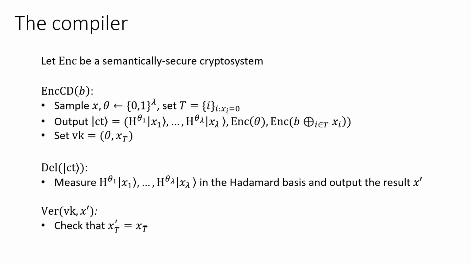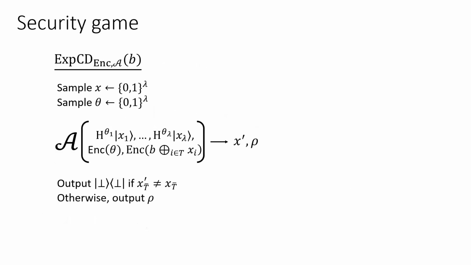So this is the compiler. Now, let me describe what we actually want to prove about it. I'll define this experiment, this certified deletion experiment, which is parameterized by the encryption scheme and by some adversary. Basically, we're just going to give the adversary the ciphertext. It's also parameterized by some bit B. We're going to encrypt B, give the adversary the ciphertext, and then we'll let them output a deletion certificate, X prime,